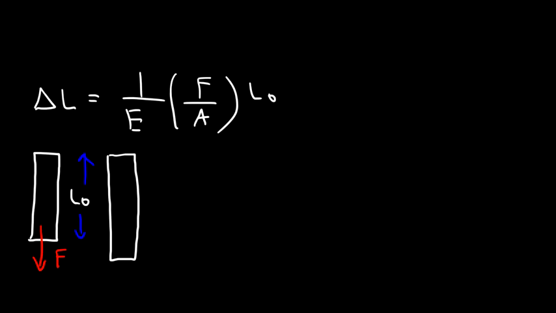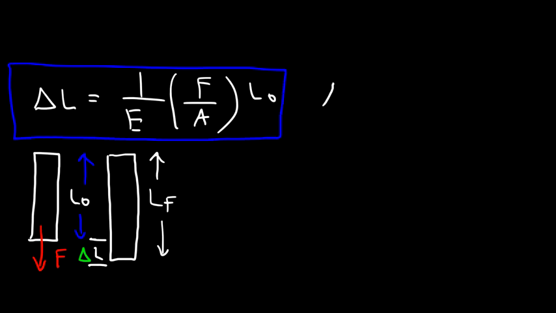A compressive stress occurs when you compress it. So this is the new length. So delta L is the change in the length. It's the difference between this point and this point here. Now this equation is very similar when you're dealing with